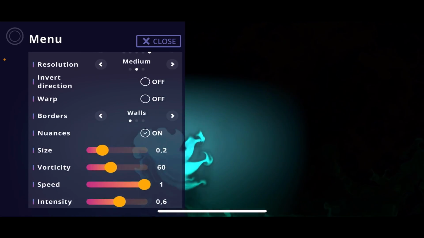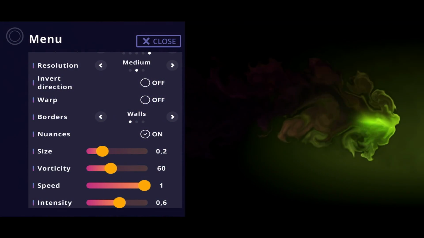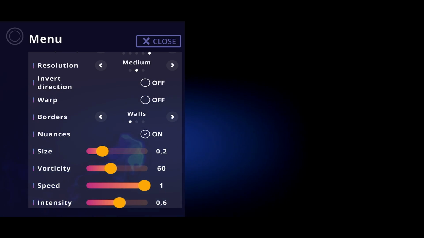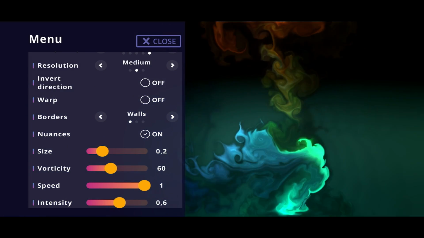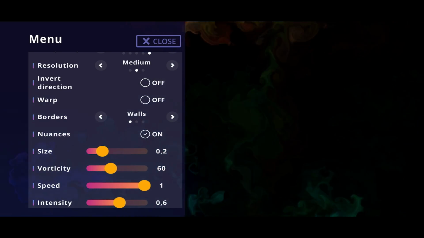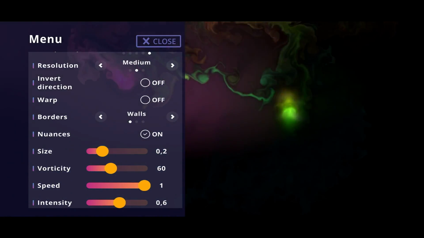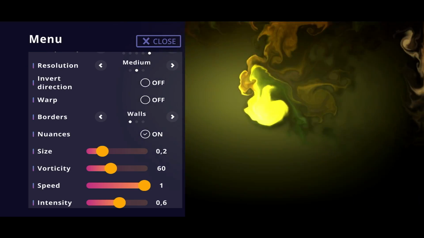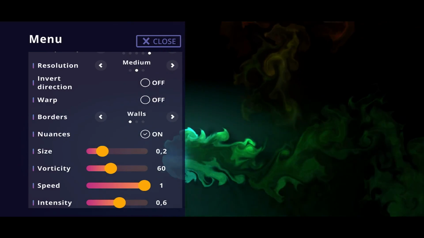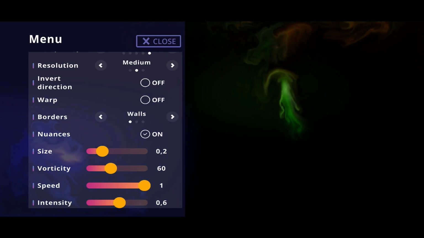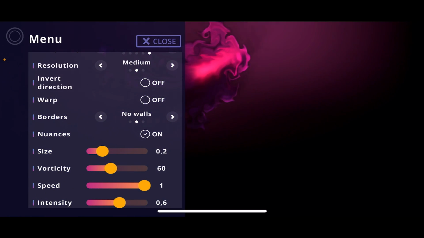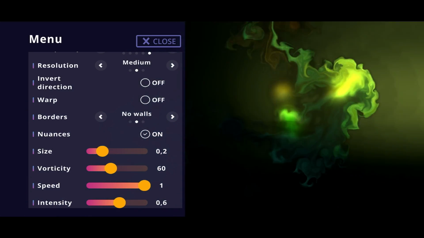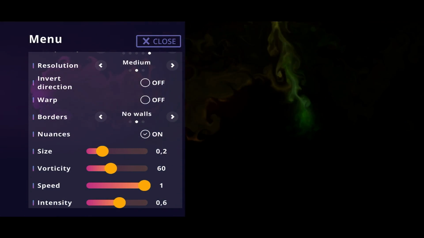The next thing is the border, which you can configure. In the default setting, it's set to walls, which means that the edges of your device are the borders of the fluid simulation. And when I push some fluids to the border or to the edges of my device, you can see that the fluids kind of bounce back from the border. And I can also go for other settings, like simply defining no walls. And when I push some fluids now to the edges, you can see that they are just going through the